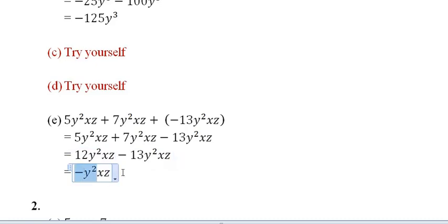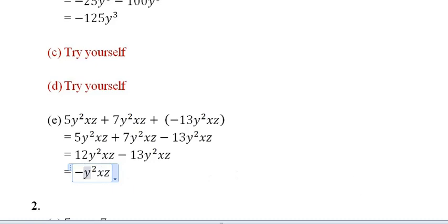Okay, so we can write 1 out here. But in algebra, this 1 can be omitted. Okay, 1 can be ignored, but if it is 2, then we have to write 2 out here. So we can skip this part. We can ignore writing 1, because in algebra, if we just write an expression without any constant terms, then it will be assumed by default that it is a single term, that is with 1 as constant.